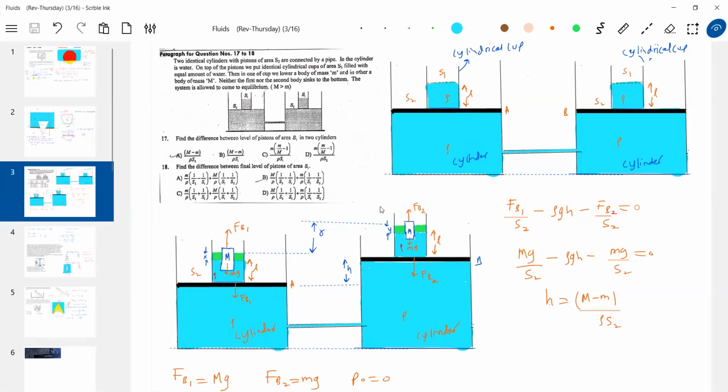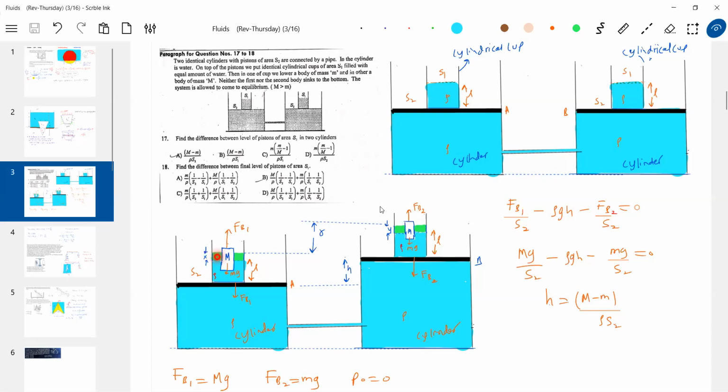Now what is he going to do? He is going to add blocks. They will float. They will not sink to the bottom. They'll float, where capital M is greater than small m. This will be the heavier block, this will be the lighter block. Okay, I agree with this. Okay, now get the idea.